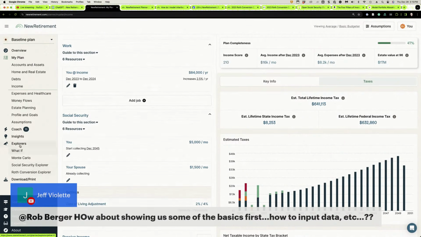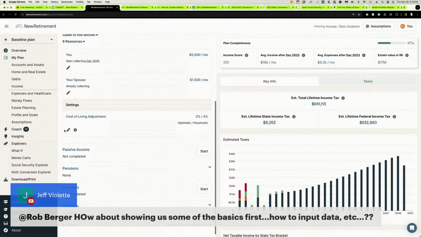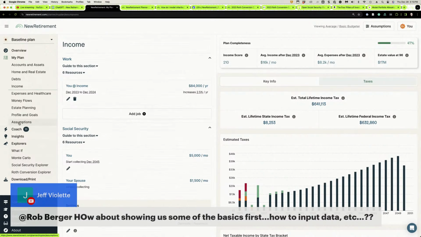You can also, maybe we'll look at Social Security Explorer separately. But you do that for you and your spouse. Now, one thing about cost of living adjustments for Social Security, you can enter it here. You can also enter it down here under assumptions,